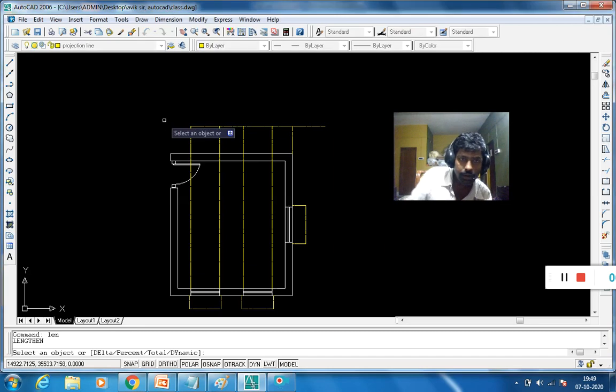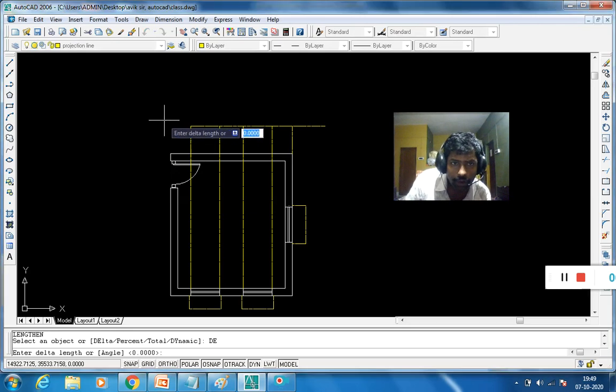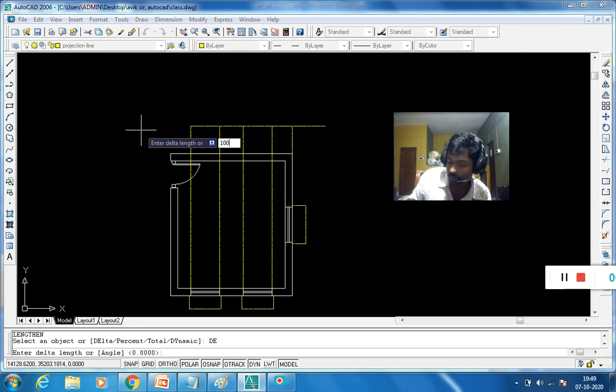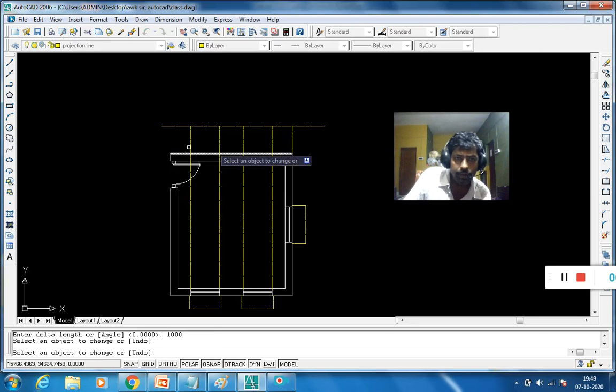Then press enter and select an object. Use the delta option, enter delta length, so I choose 1 meter, 1000. Yes. Okay. Again use the line command.